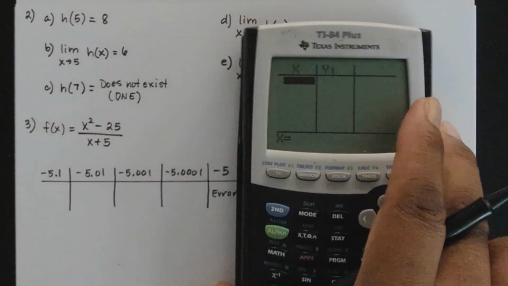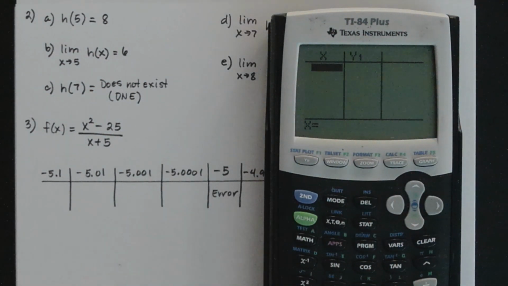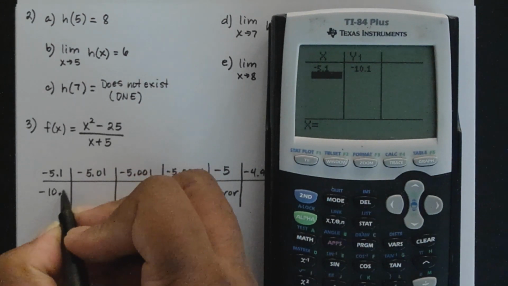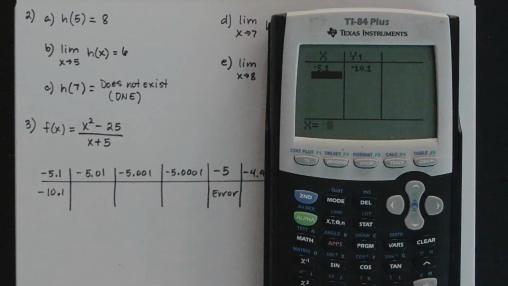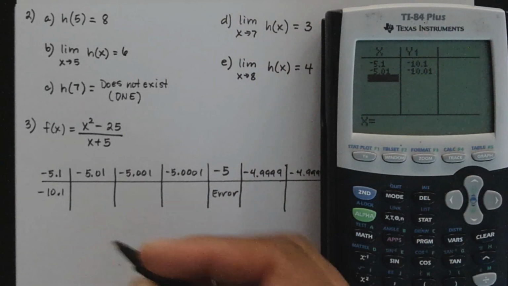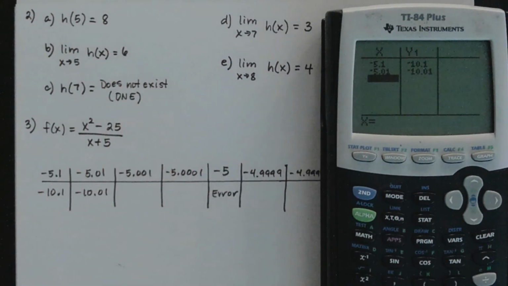Okay. So for negative 5.1, I'll just type in negative 5.1 and then hit enter. And here I get negative 10.1. And then for negative 5.01, that'd be negative 10.01. And then for negative 5.001,